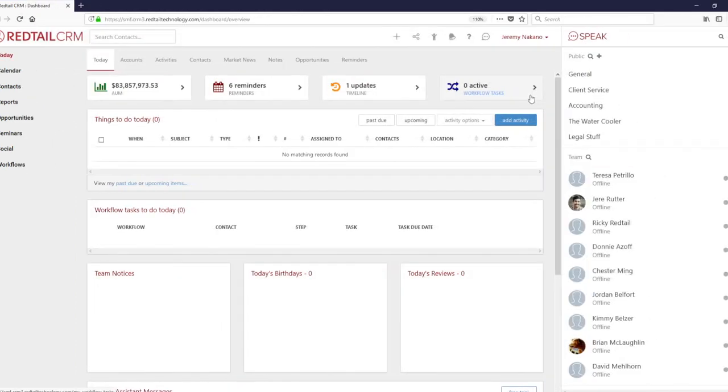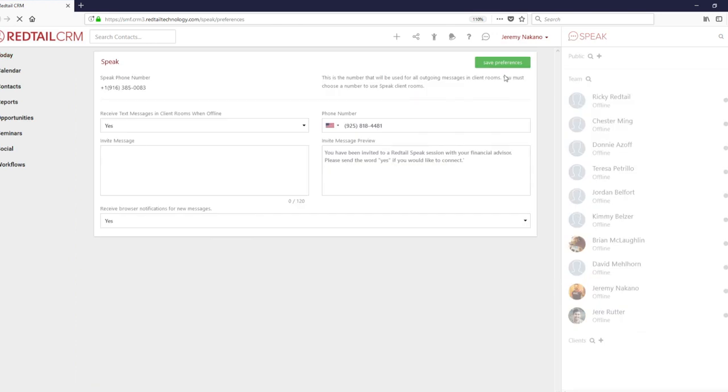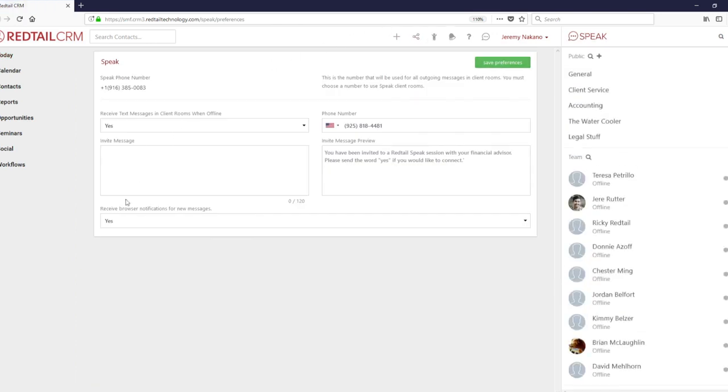For those of you using Redtail Speak, that would be this right-hand window over here. You can actually come up here to the top, you click on your name, and then you make your way down to Speak Preferences. You actually have now the ability to choose whether or not you want to receive browser notifications for new messages. And so what happens is when you do receive a message, a little option will pop up here in the top right-hand corner of your screen that says something like you've received a Redtail Speak message. So if you're not on the screen, it's kind of giving you that warning